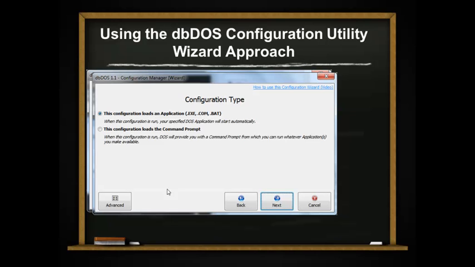This will ask you what type of application you want to create. Do you want to create an executable, a BAT, or a COM file? This means you're going to point to a file of that type. So in other words, you're going to go to an .exe, a .com, or a .bat. Or you can also load up a configuration that takes you to a DOS prompt, and then you can run all the DOS commands just like you would, and you can call whatever program you'd want to call at that